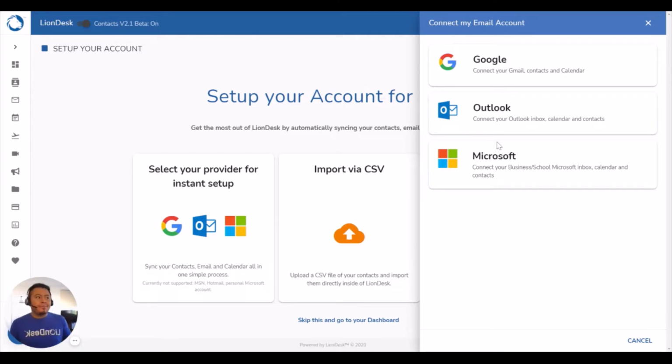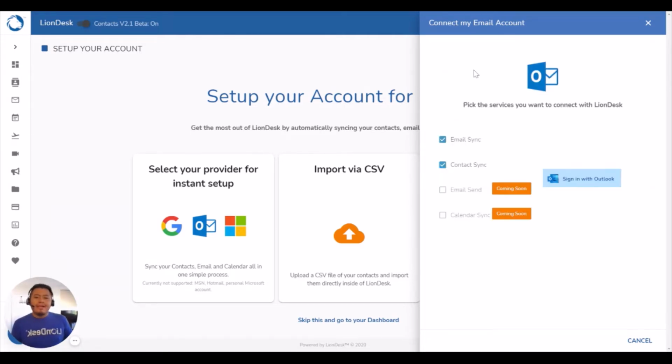Select your provider, and you'll see that you can now sync your emails and your contacts. From here, you want to click on Sign In with Outlook. And you're going to get a pop-up window where it's going to ask you to sign into your account and accept the permissions. And once you do, you're going to see all of your contacts and your emails sync to